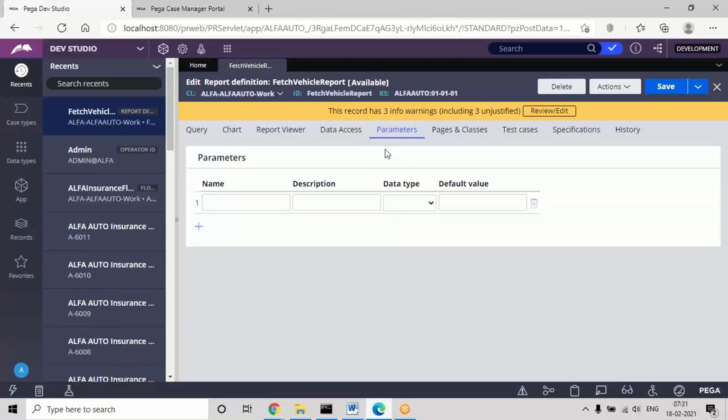In older versions, by default they were given in every rule, but they updated it in the recent versions, and only where parameter conditions are required, in those particular rules, they have given this tab. In versions up to 7, whether there was a requirement or not, they gave this parameters tab in every rule except property, but that requirement is not there for every rule in the application. So in the present versions, only where the requirement is there do they give this option.